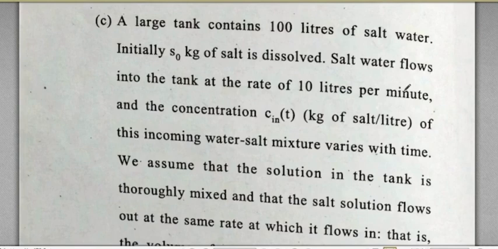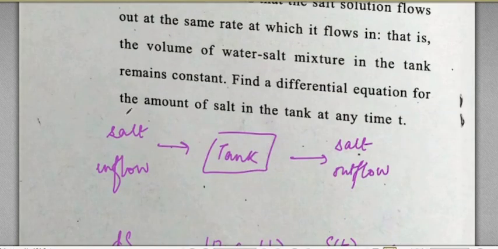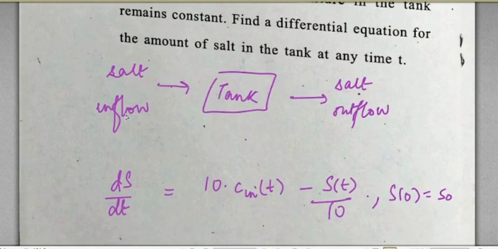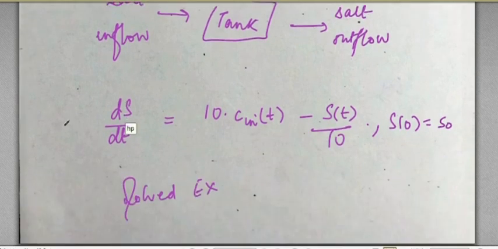The last question of this paper, the last part, is a solved example from Edwards and Penney, where it's a pollution model, a lake pollution model, which is motivated through this discussion of salt solution in a tank. So this is the motivation that is discussed by all the teachers before they discuss the lake pollution setting. This is a mini setting of that. So that is again discussed very nicely in the book. It's a solved example. You can refer back to that. So the differential equation which was expected to be created here is this.